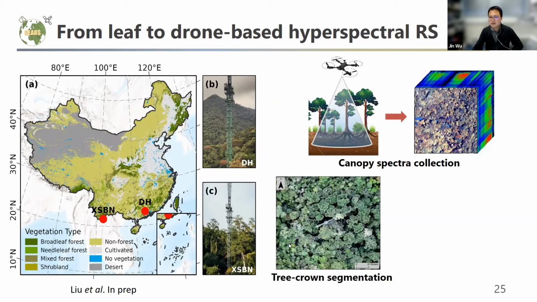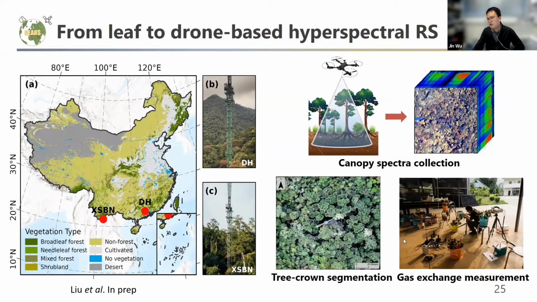But at the same time, we can also easily segment each individual tree crown, and we can use the canopy crane to drive to each tree crown, sample the leaves, and bring them to a lab so that we can also get the physiological traits. With the paired measurement of the crown-specific hyperspectral data from the drone and the crown-specific leaf traits from the ground measurement, later on we can develop a model to see whether this kind of technique can be applied to the drone platform or not.